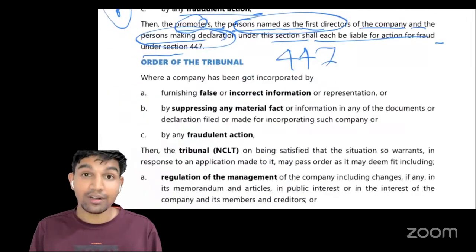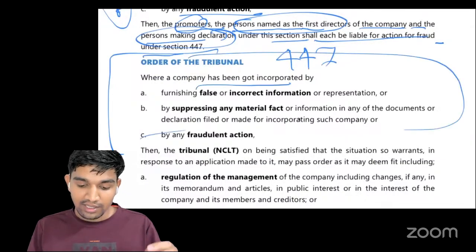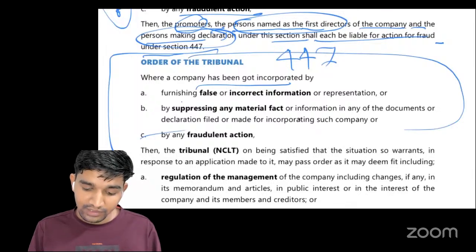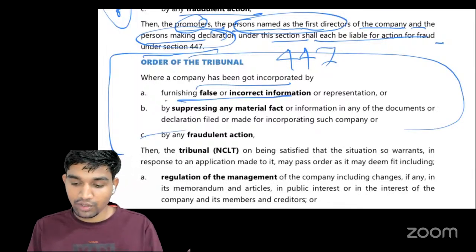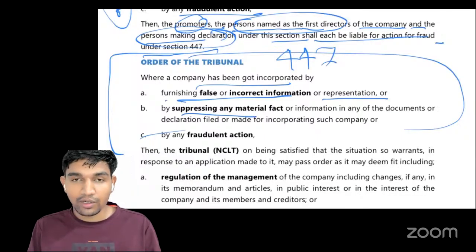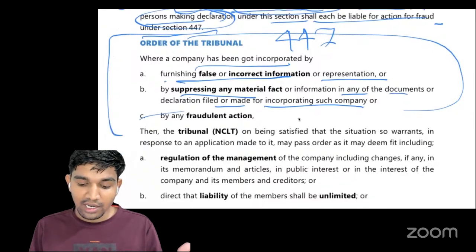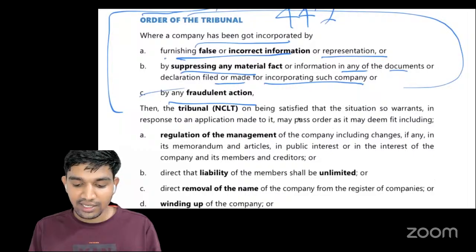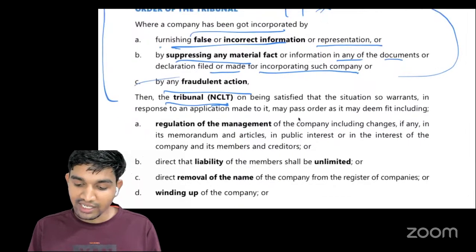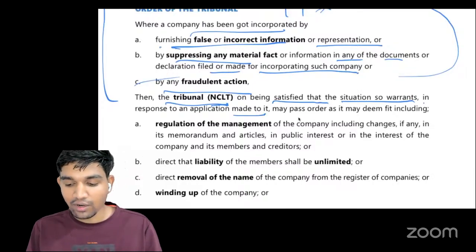An order of the tribunal. And what about the company? Where a company has got incorporated by publishing false or incorrect information or representation, or by suppressing any material fact or information in any of the documents or declarations filed or made for incorporating such company, or by any fraudulent action, then the NCLT, the National Company Law Tribunal, on being satisfied that the situation so warrants, in response to an application made to it, may pass an order as it may deem fit,